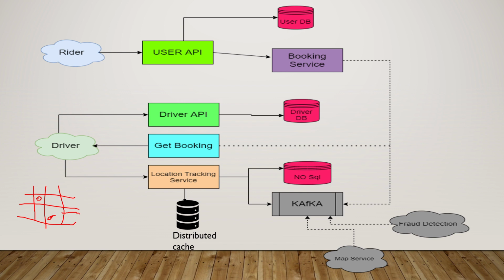But the idea is, if you have a distributed cache, you can store something like, okay, this is grid number 1, G1, and this is where I have the driver D1. So I can store something like this. Or suppose there are multiple drivers in this particular grid, so I can store something like, okay, this grid has driver D1, driver D2, and so on. So if there is a rider in this particular grid itself, I will just go and check what all drivers are present in this grid. So I will know that these two drivers are present in this particular grid, and this booking service basically can send the request to these two drivers.